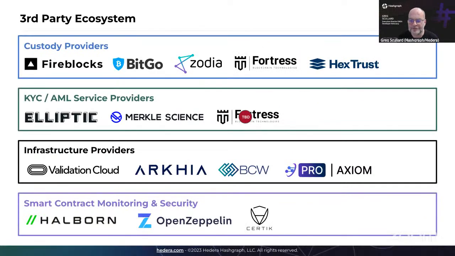So some of the names of the custody providers that we're working with, as well as KYC or Know Your Transaction providers. We have some pre-integration with other infrastructure providers. So some of the components of the solution, like persistent mirror nodes that persist transaction history, are available from alternative providers. And we've also audited the smart contracts, and we've worked with OpenZeppelin to integrate Defender into the solution,